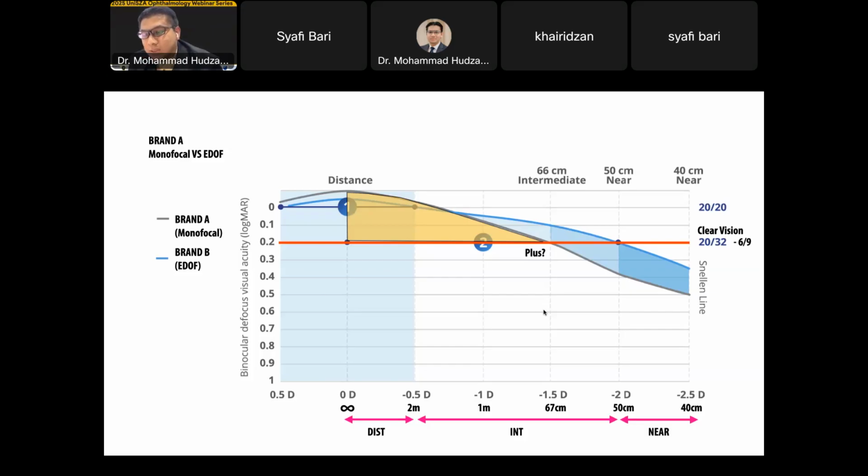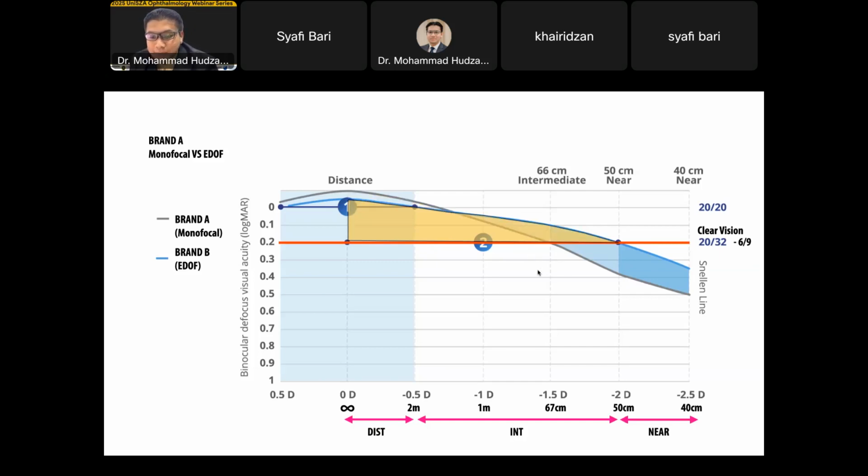Although initially we thought it was a monofocal lens, just by adjusting the criteria for clear vision. So if the brand decides that the clear vision is 6.9, they can claim that the monofocal even can have a bit of plus